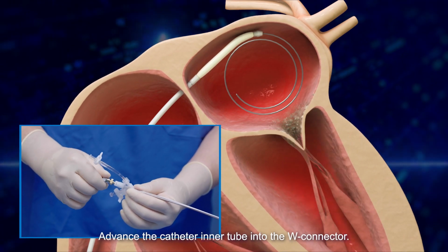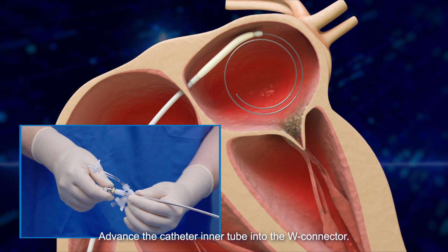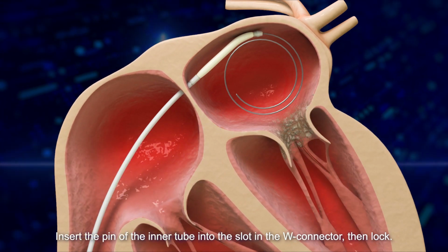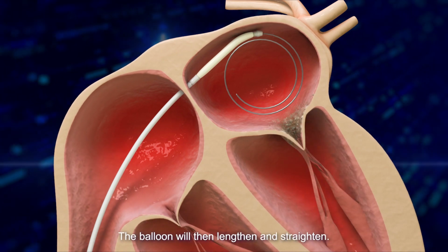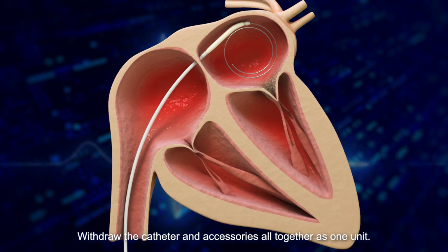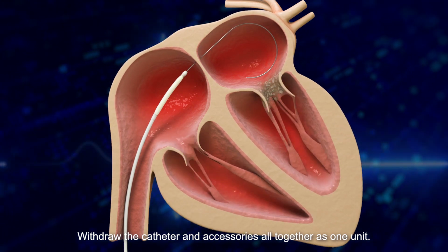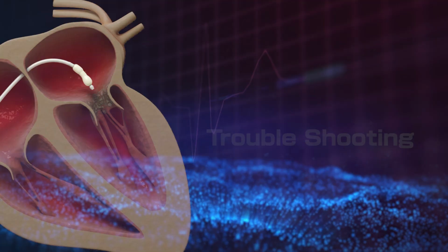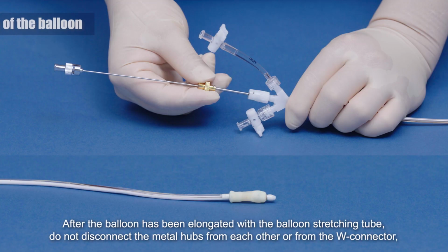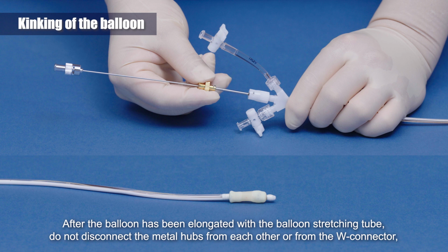Advance the catheter inner tube into the W connector. Insert the pin of the inner tube into the slot in the W connector, then lock. The balloon will then lengthen and straighten. Withdraw the catheter and accessories altogether as one unit. After the balloon has been elongated with the balloon stretching tube,